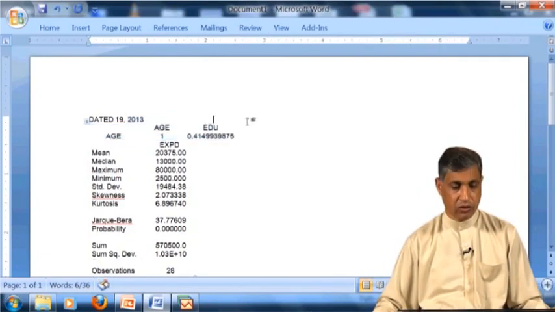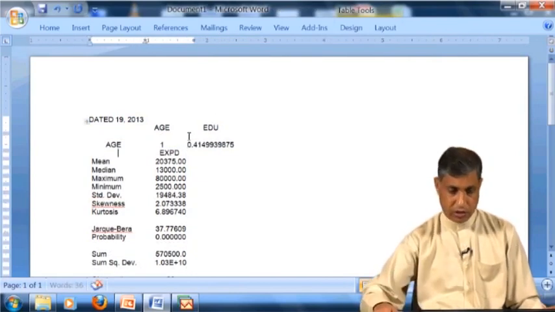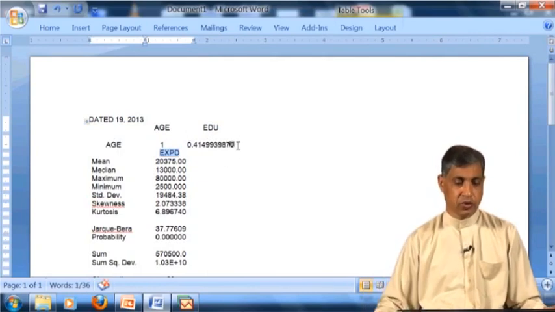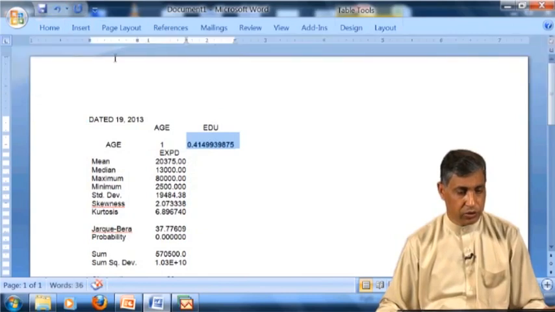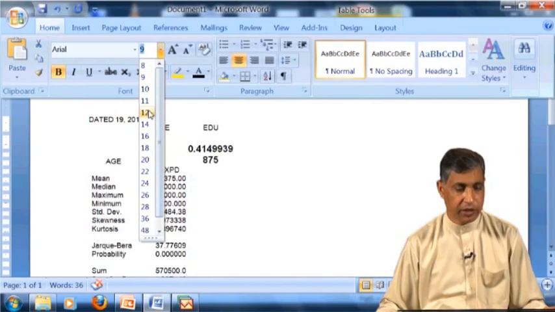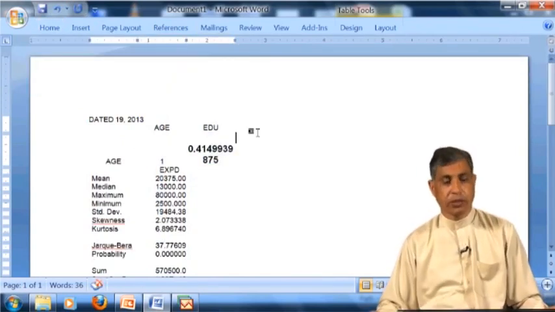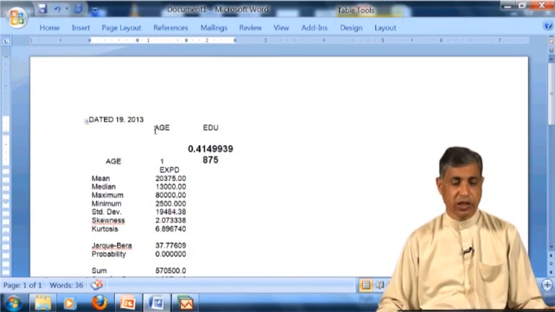I would like to make it a bit bold and bigger so that we know what its value is. So this is the value of the correlation between age and education, and this is now our variable of interest.